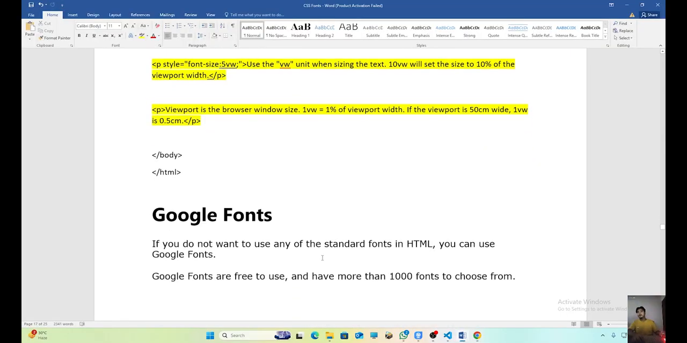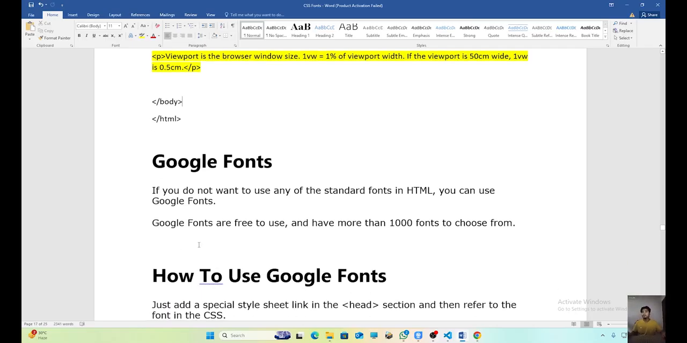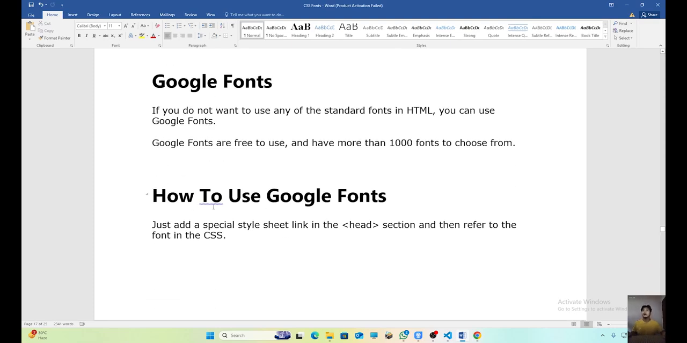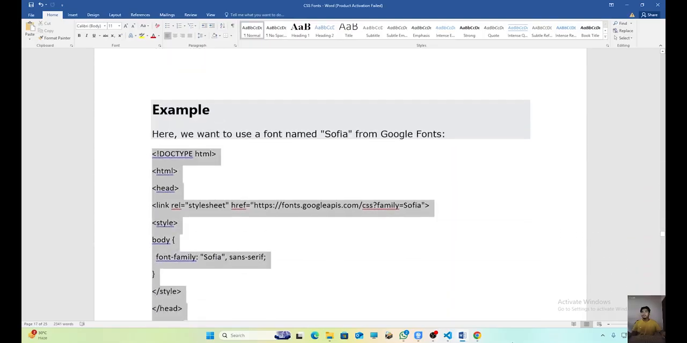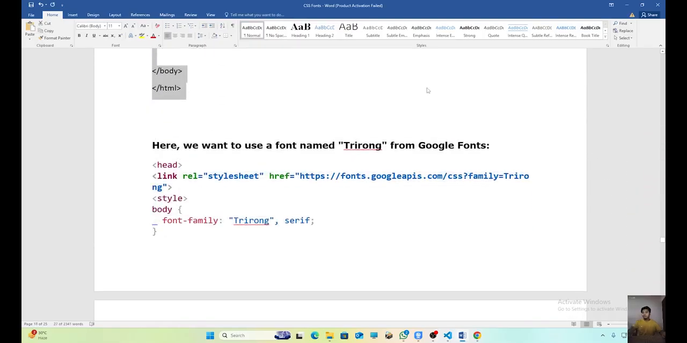Okay. Now Google Fonts. If you do not want to use any of the standard fonts in HTML, you can use Google Fonts. Google Fonts are free to use and have more than 1000 fonts to choose from. How to use Google Fonts? Just add a special style sheet in the head section and then refer to the font in the CSS. For example, we are going to